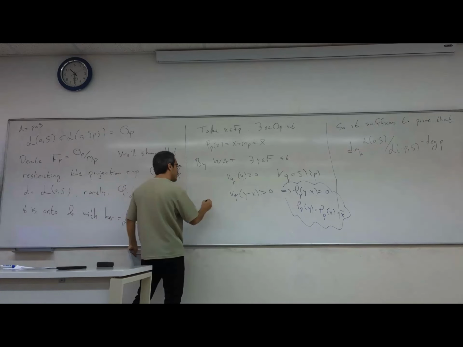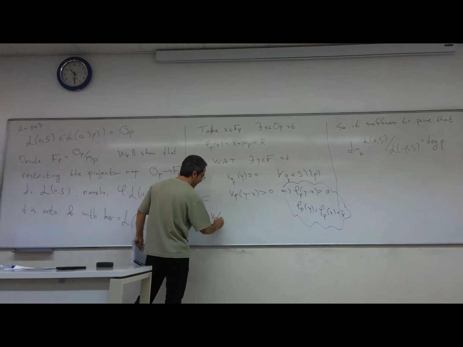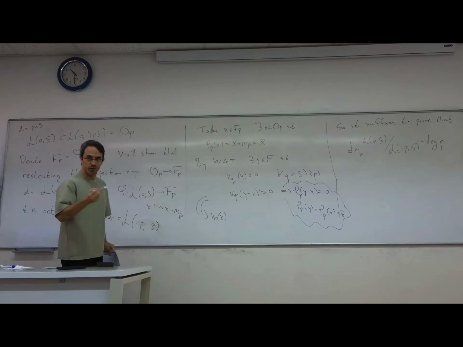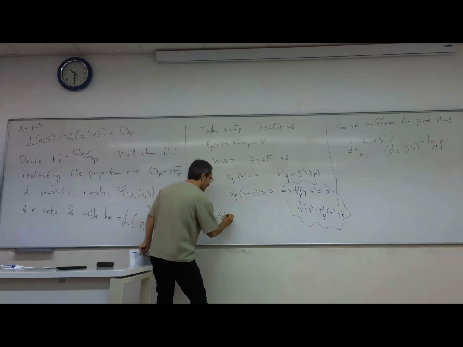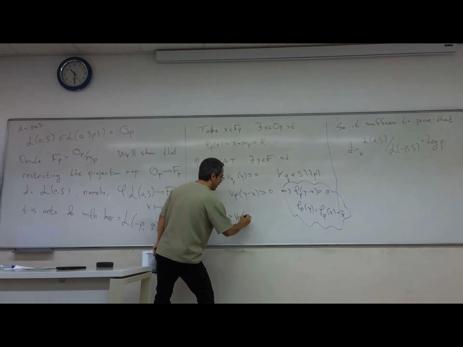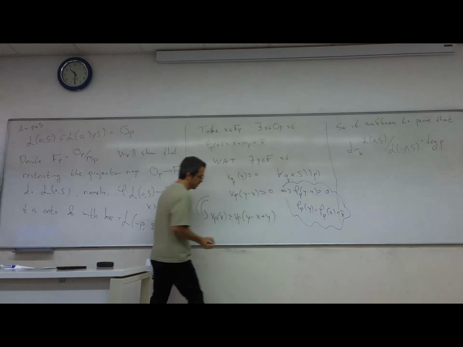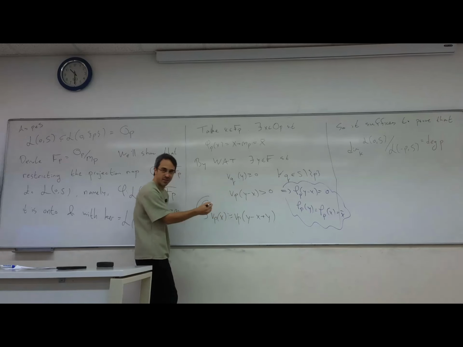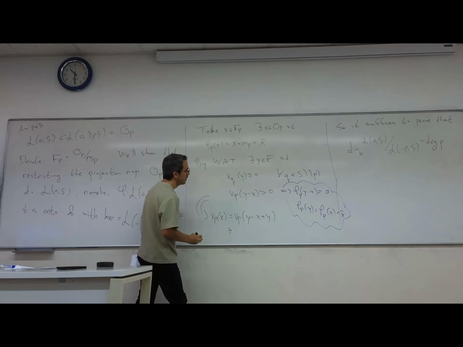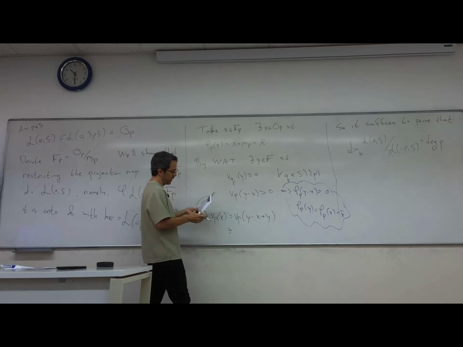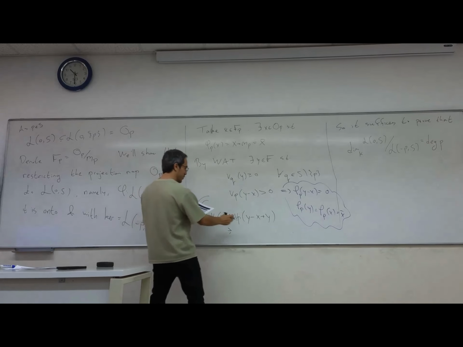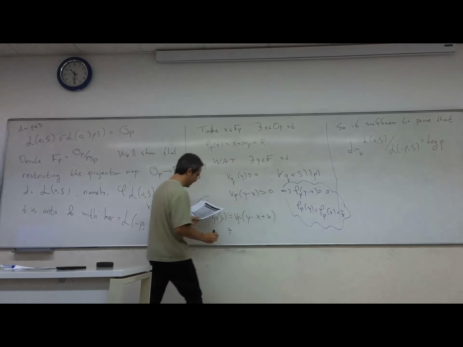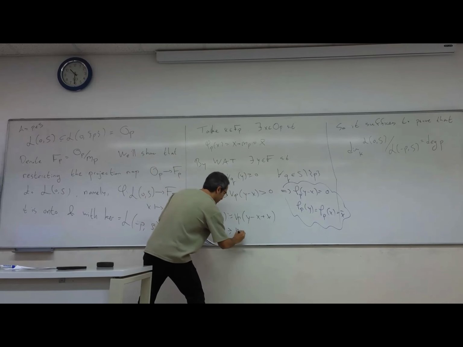But I claim that it just follows from these two that VP of x is indeed larger or equal than 0. And do you see why? Right, exactly. So I can use the strict. So you can write it like that. That's equality. Just put it like that. Sorry, I thought you wanted to add it here. Good. So maybe I should do this. That's better. And that's at least the minimum